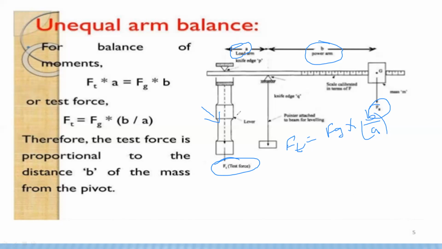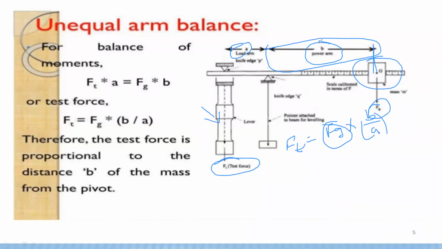So I'm using a small amount of weight. Through this small weight, I know this force, that is Fg, and the power arm. So I can calculate the length from the pointer to where I should place the small weight, that is the distance between the pointer and the small weight of the object.